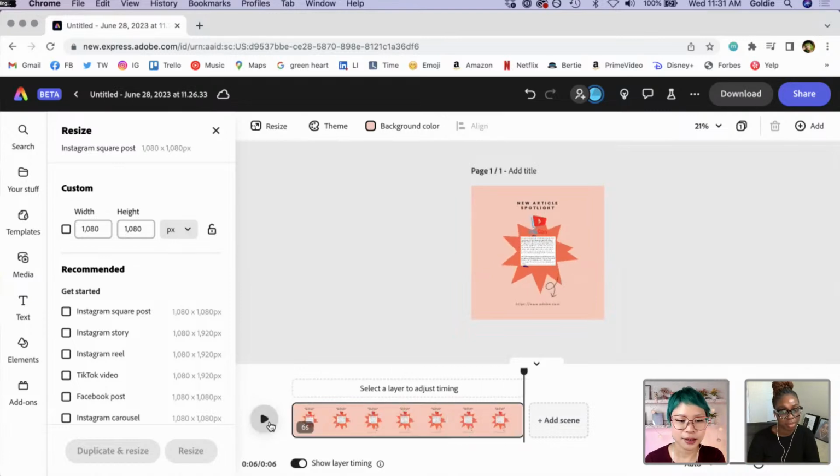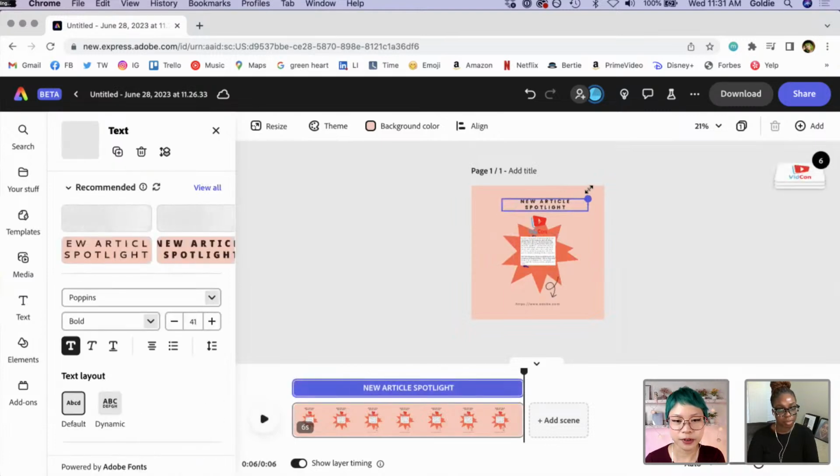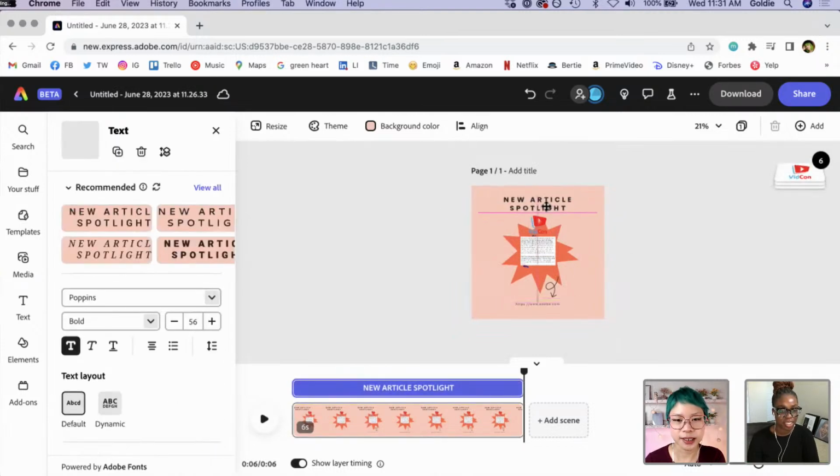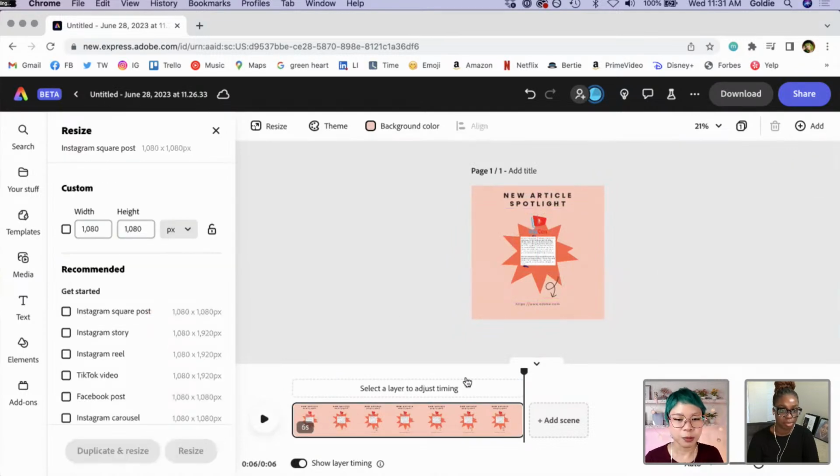And I think anytime I resize, I always get a little nervous because we never know. Because what Adobe will do is it will do absolutely its best. But as we can see, it's helpful if this is a little bit bigger and stuff like that. But actually, the elements look really good. So as a square video, now I can use this as an in-feed Instagram post too, which is very cool.